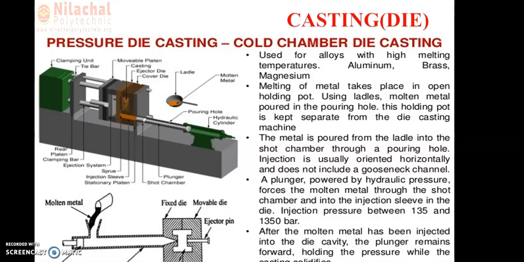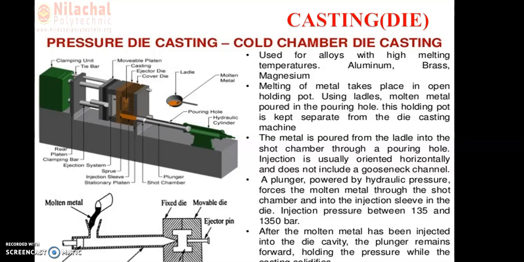Die components experience less thermal stress due to the lower temperature of the molten metal. However, dies are required to be made stronger in order to bear the high pressure. As we know, the fluidity is low, so you have to produce more pressure, and the dies required for the cold chamber machine have to withstand that much pressure. So let us discuss the constructional and operational points of view.